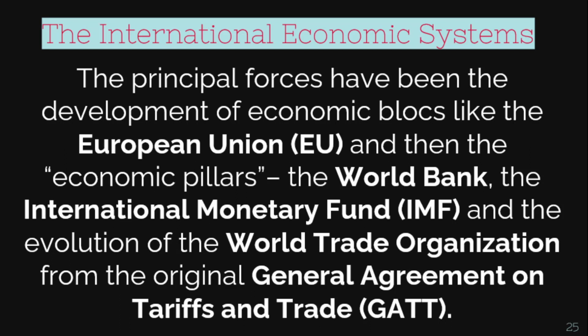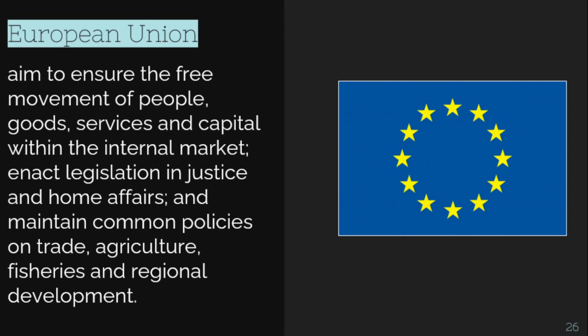So, ang una-una talagang naging economic bloc or naging isa sa organization na natatag para ma-reduce yung trade barriers ay yung European Union. What is this? European Union aims to ensure the free movement of people, goods, services, and capital within the internal market. So si European Union, 27 member states niya na nandoon sa Europe yung nagpasimula nito. So parang nung una, if I'm not mistaken, 6 lang sila and then sumali yung iba pang mga bansa.